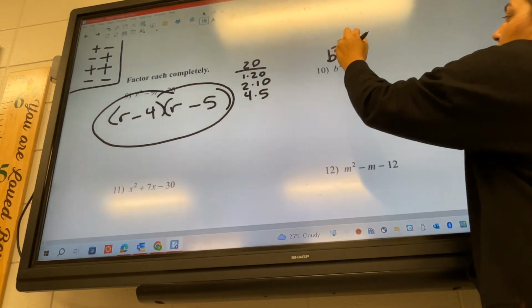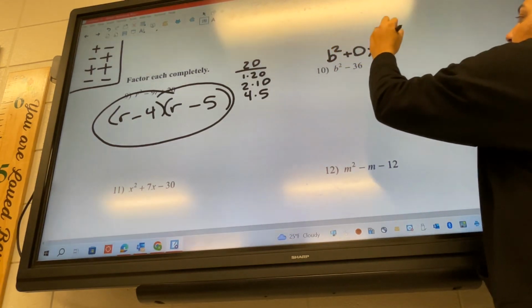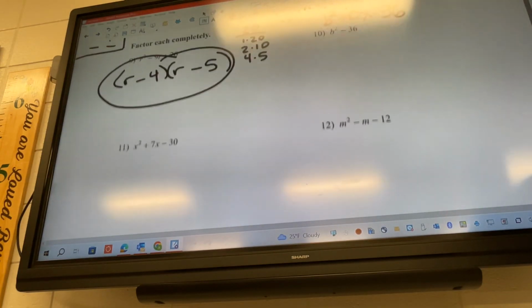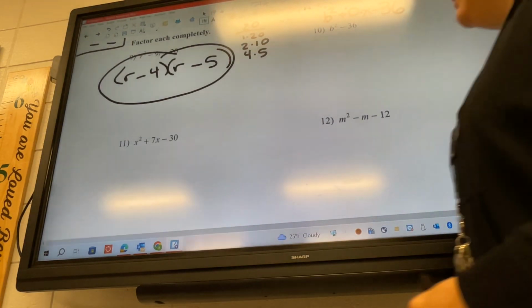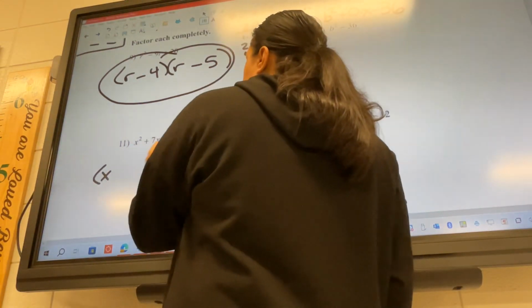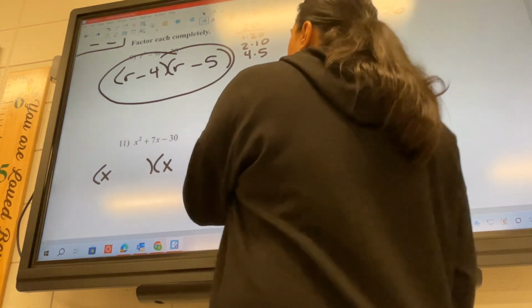B squared plus 0x minus 36. If you wanna write it above there, it looks just a little bit different, but that's the problem that you're working with, okay? 11 is gonna be x,